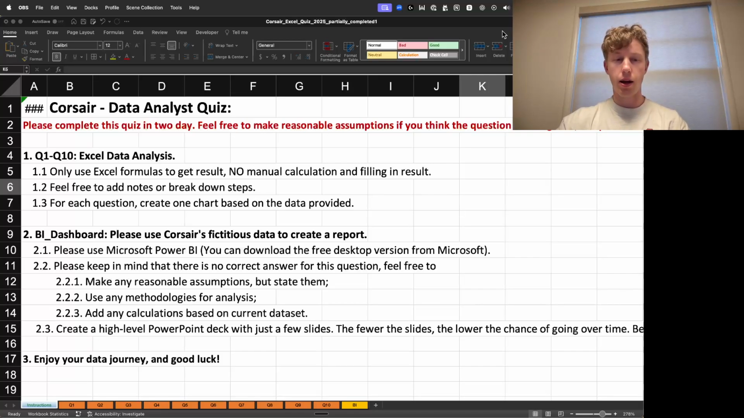And for this Excel portion, I'm going to provide the workbook in the description so you could download it and follow along with me. And I personally found it to be a good practice tool to sharpen my Excel and analysis skills, as well as Power BI and creating dashboards and just working with data that you're not familiar with. So, in terms of this Excel portion,